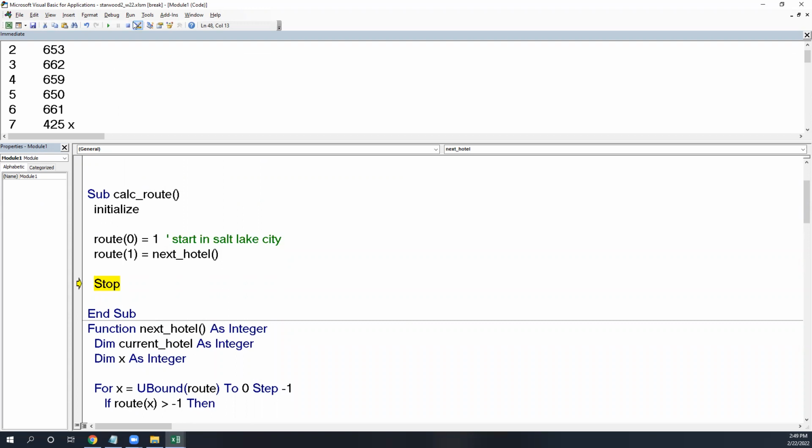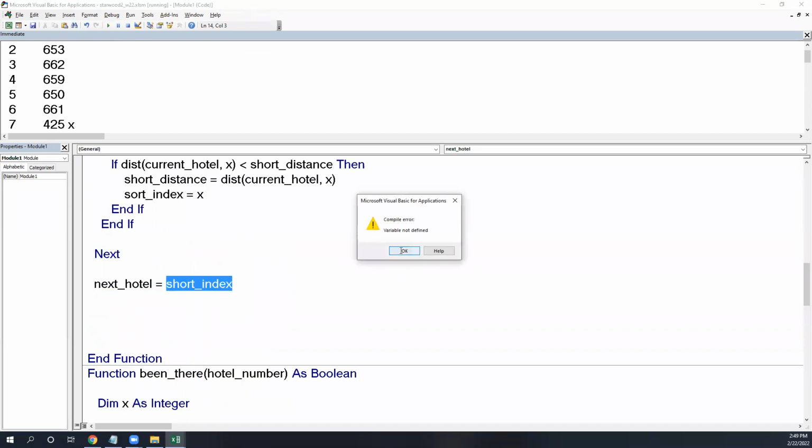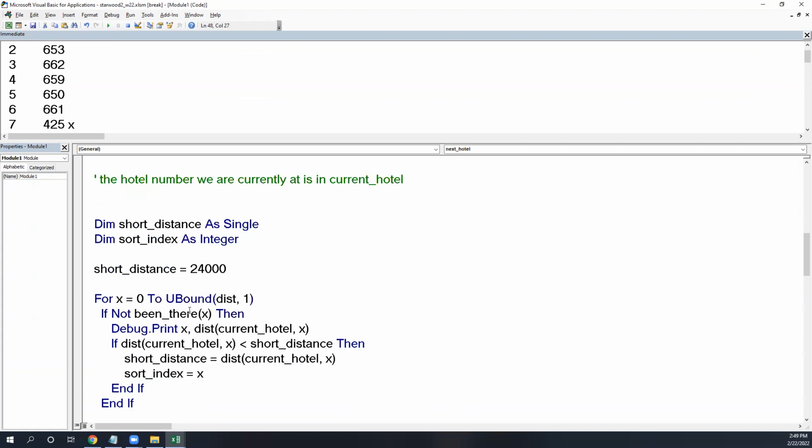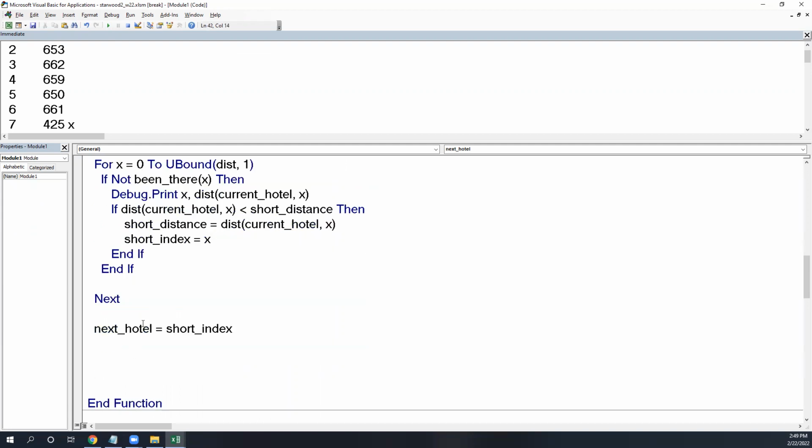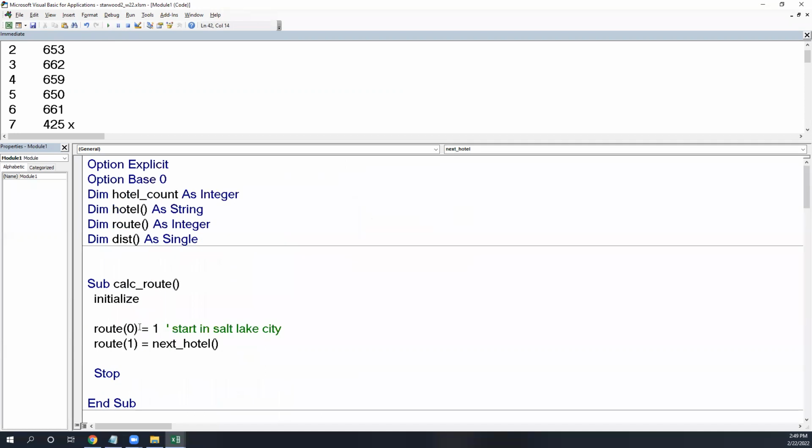That was a lot of work to find out the second hotel. Let me go ahead and run it and let's see what it gives for us. Oops, variable not defined, short index, sort index. Let's call this short index. Let's call this short index. Short index. Okay, so I guess I don't need those numbers there. I should be able to look at route